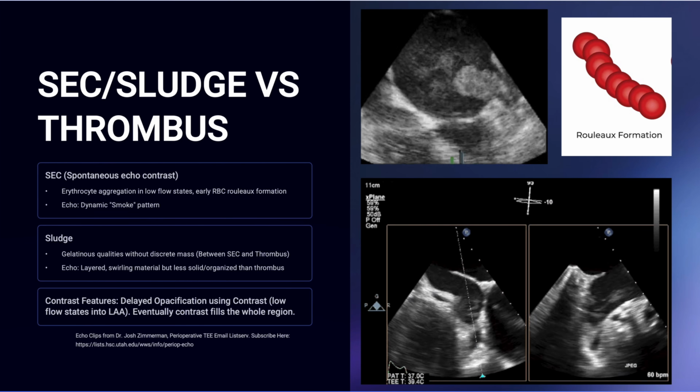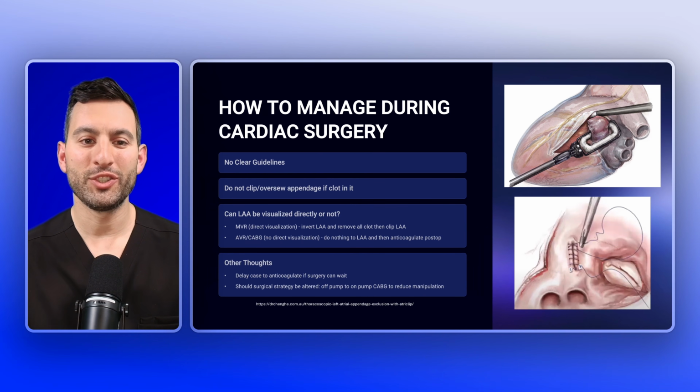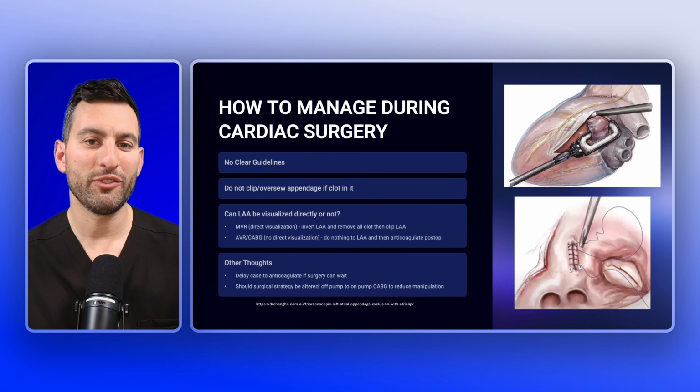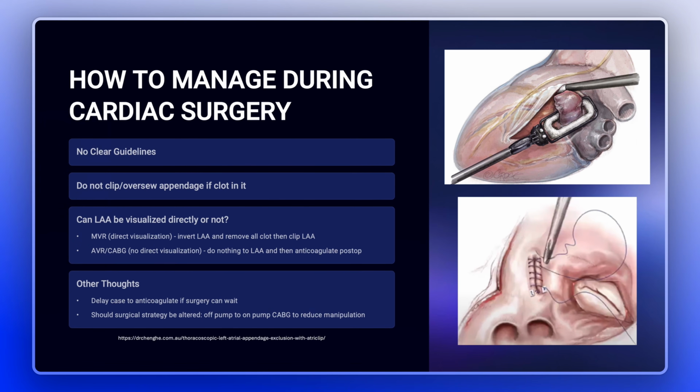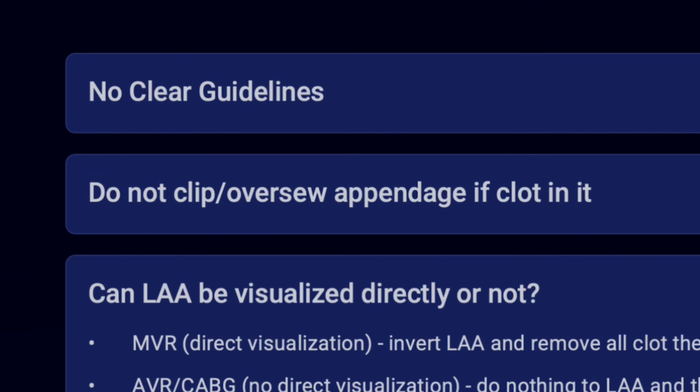atrial appendage eventually. If you have left atrial appendage thrombus during the perioperative period, such as intraoperatively during cardiac surgery, what do you do? Let's talk about some of the data that's out there and some of the recommendations. First off, there are no clear guidelines for how to manage this, but there are a couple thoughts and a couple points to remember. If there is clot in the appendage, do not clip or oversew the appendage with clot